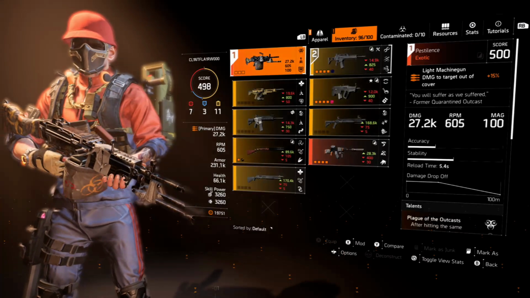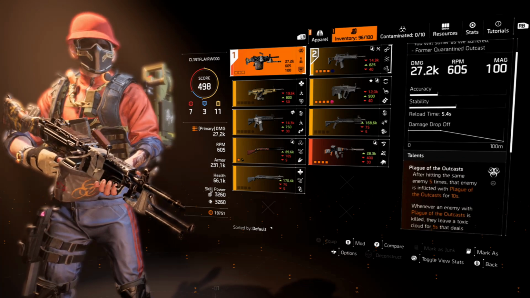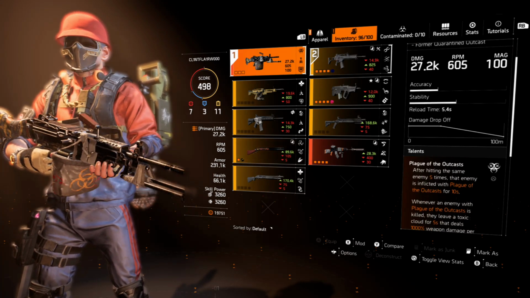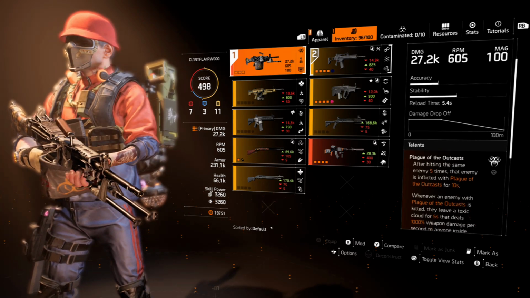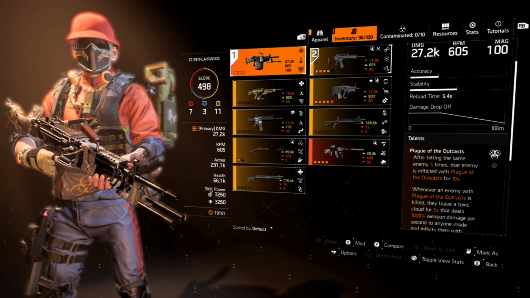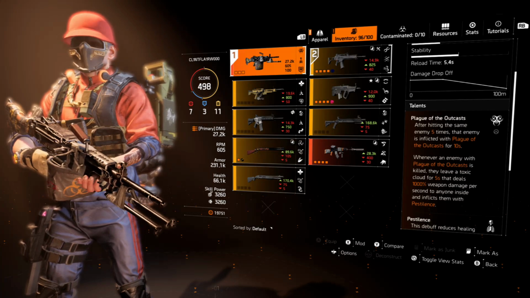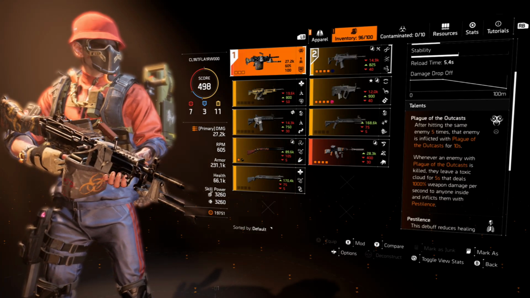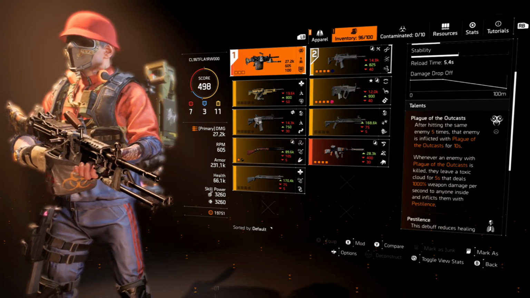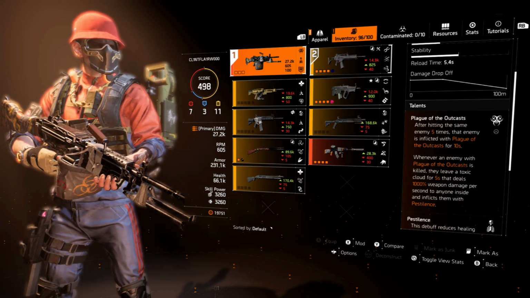Now the weapons, the primary weapon is, yes, the Pestilence LMG exotic bad boy with 27.2k base damage, 605 RPM, 100 in the mag, and Plague of the Outcast is the primary talent. After hitting the same enemy 5 times, that enemy is inflicted with Plague of the Outcast for 10 seconds. Whenever an enemy with Plague of the Outcast is killed, they leave a fart cloud for 5 seconds that deals 1000% weapon damage per second to anyone inside and inflicts them with